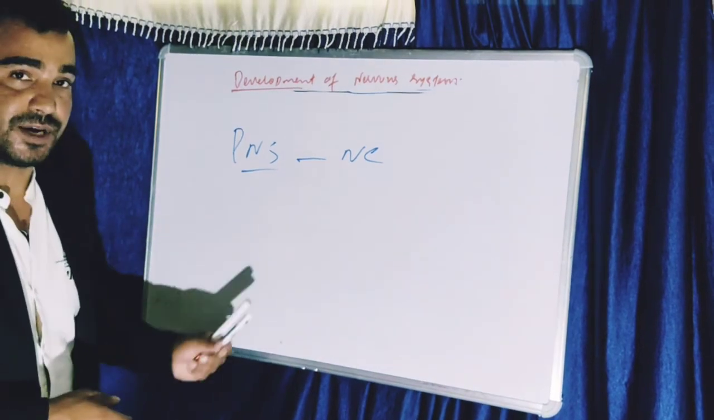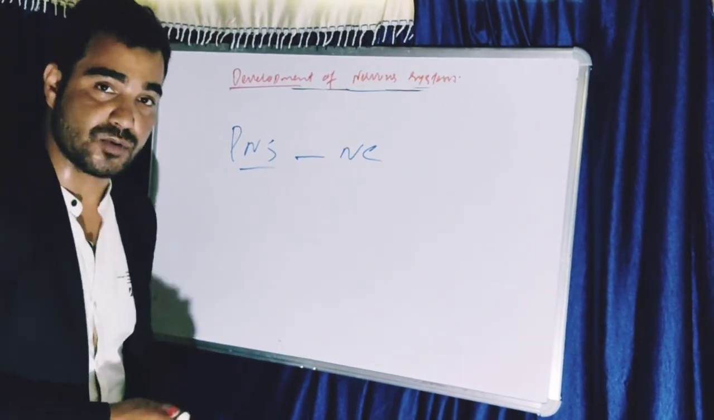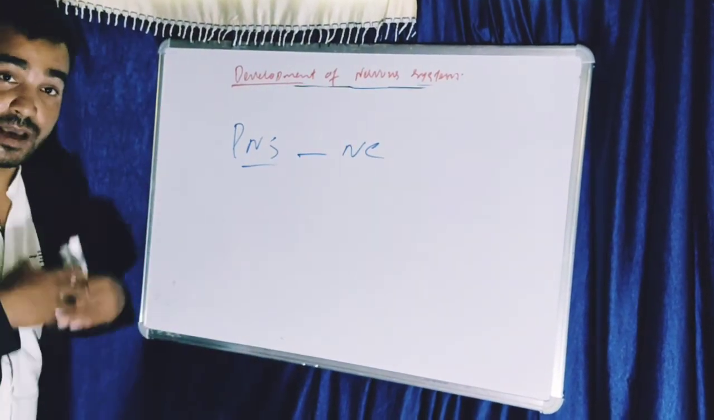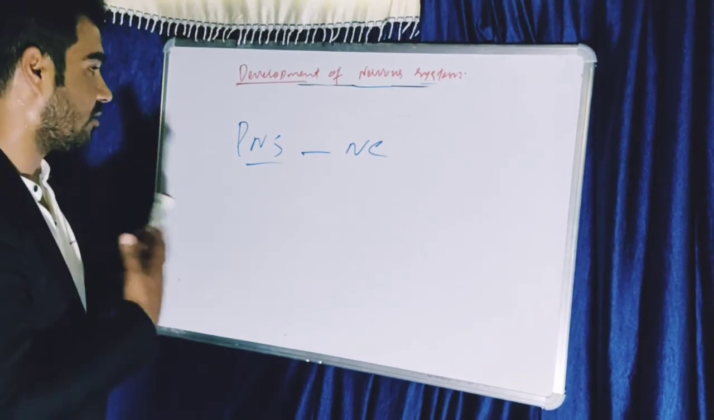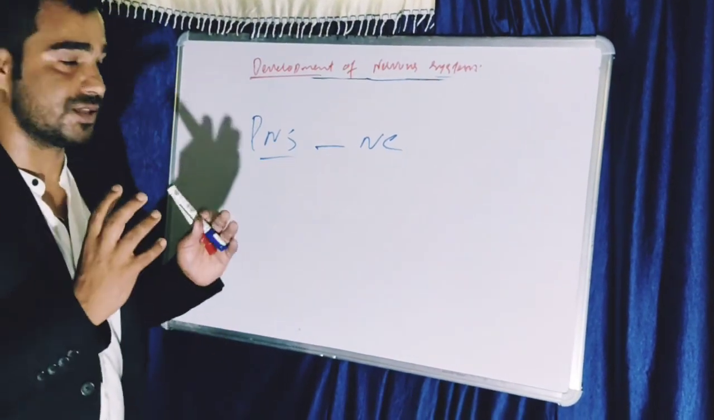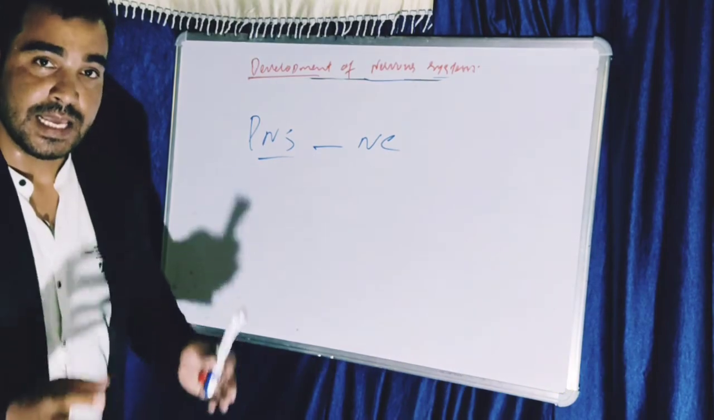Second CSF is derived from what? Derived from choroid plexus. Choroid plexus are where? Choroid plexus are present in the ventricles. Ventricles are what? Ventricles are the part of brain. They have a hollow structure. Inside that there is CSF. And